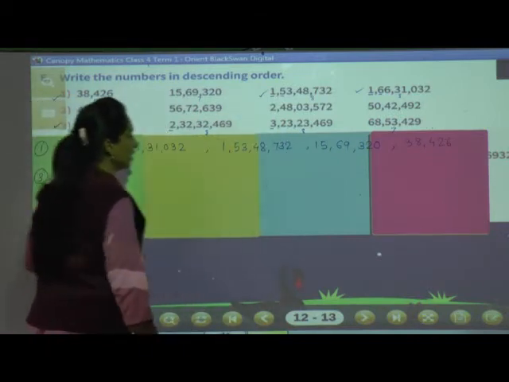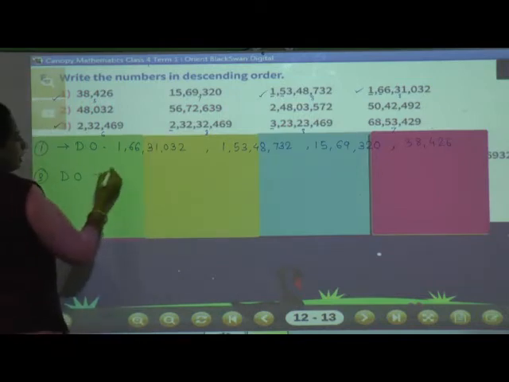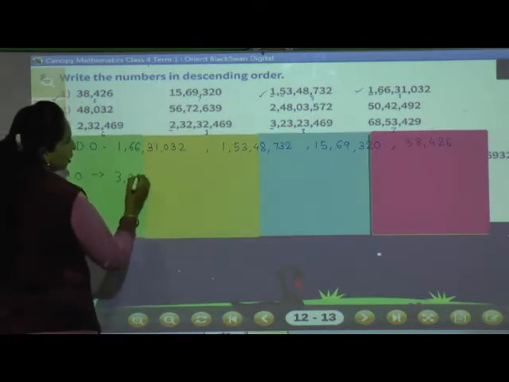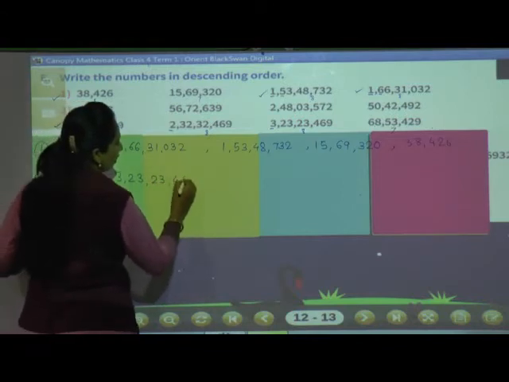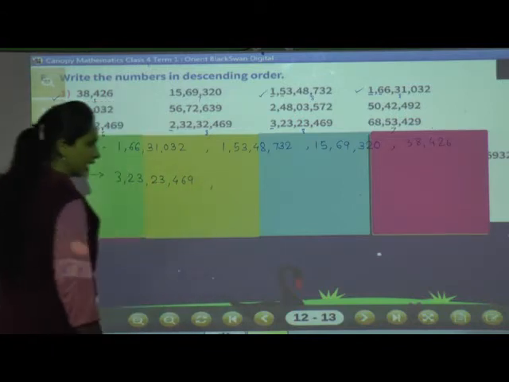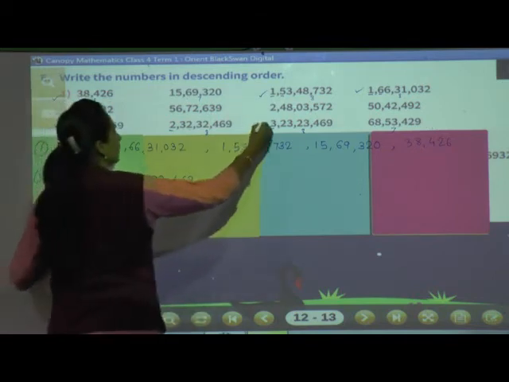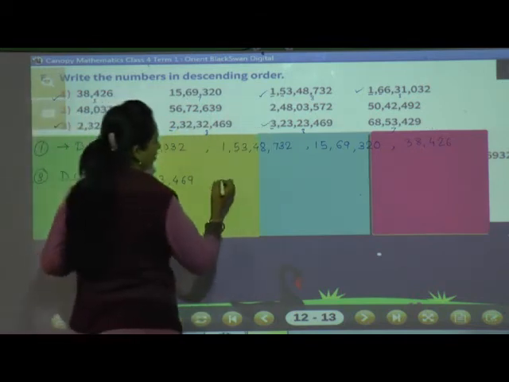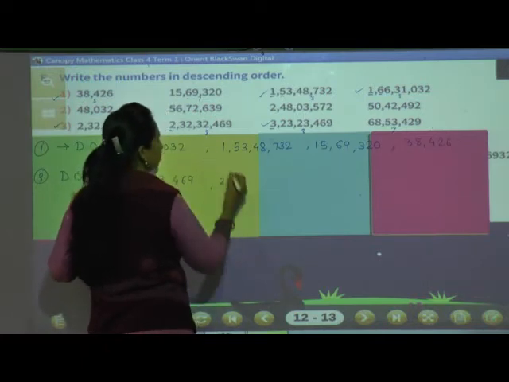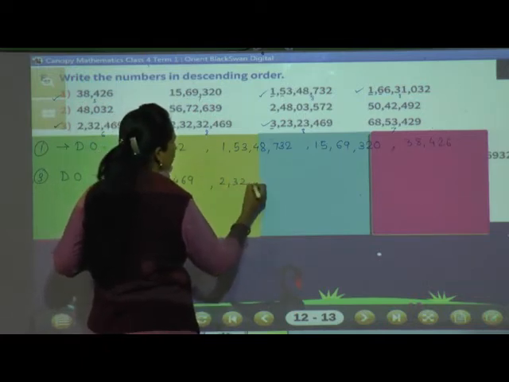Yes, 3 crore is the largest number. So we will take first 3 crore 23 lakhs 23,469. So automatically, after 3 crore, what will come? 2 crore. So I will copy that number. 2 crore 32 lakhs